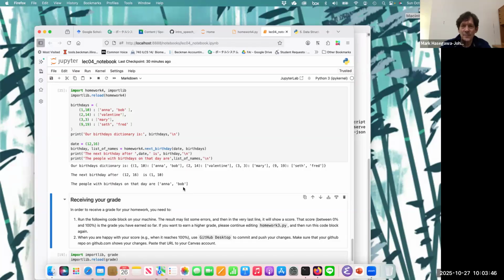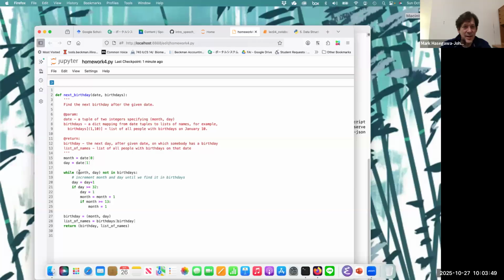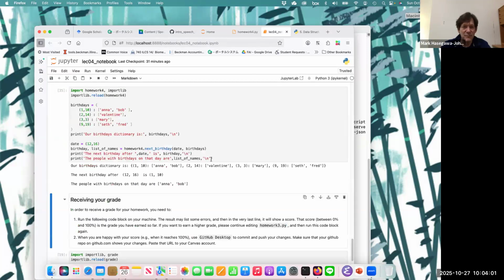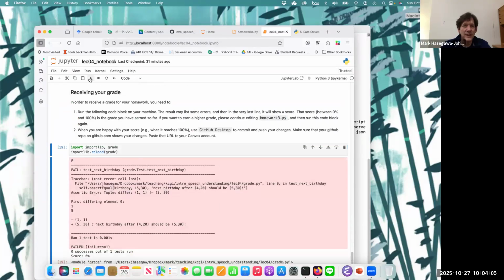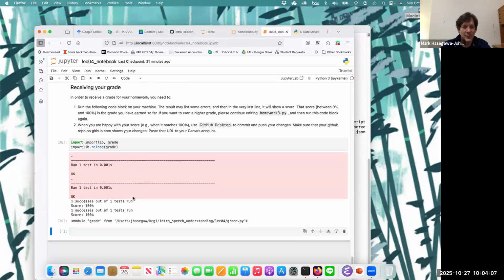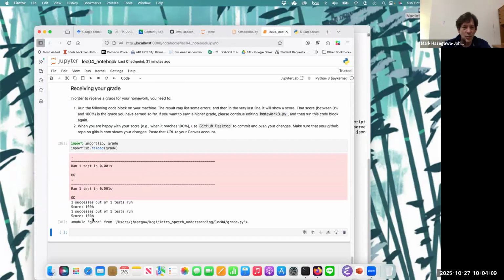And so our function now has this code that will increment through all of the days and months of the year, looping back around to the beginning of the year if it overshoots, and then return that birthday and the list of names of people who have that birthday. Let's just check to make sure that the grading code works. If I run the grading code, it said that I got a score of 100%. So now I'm ready to